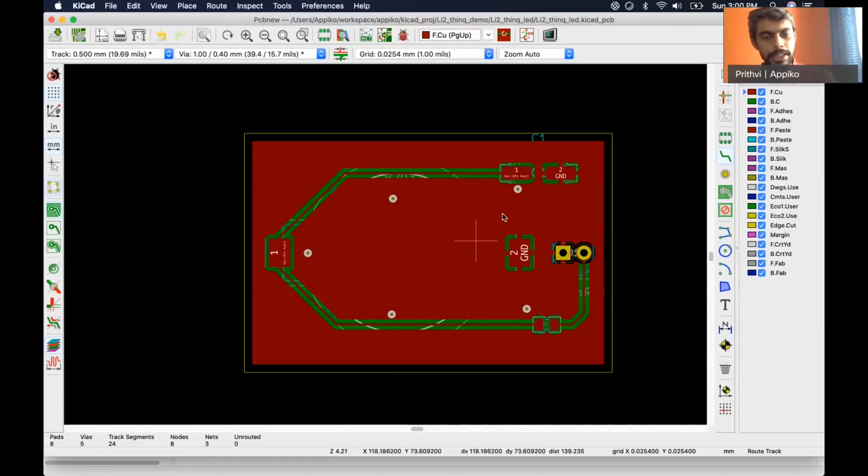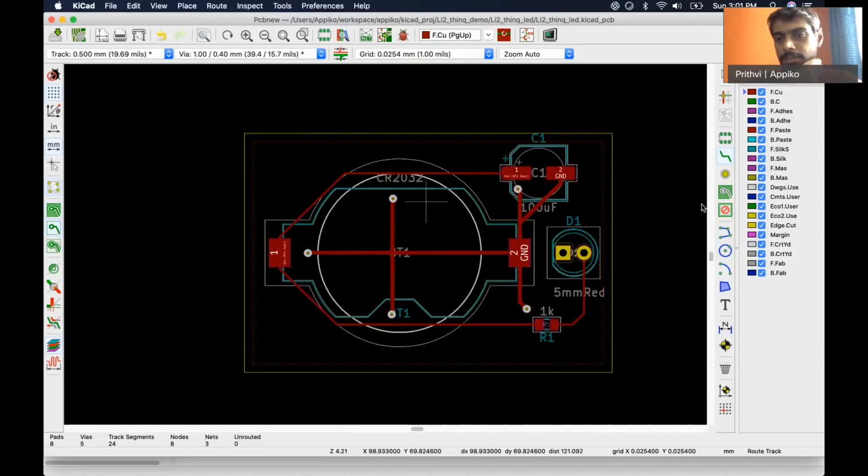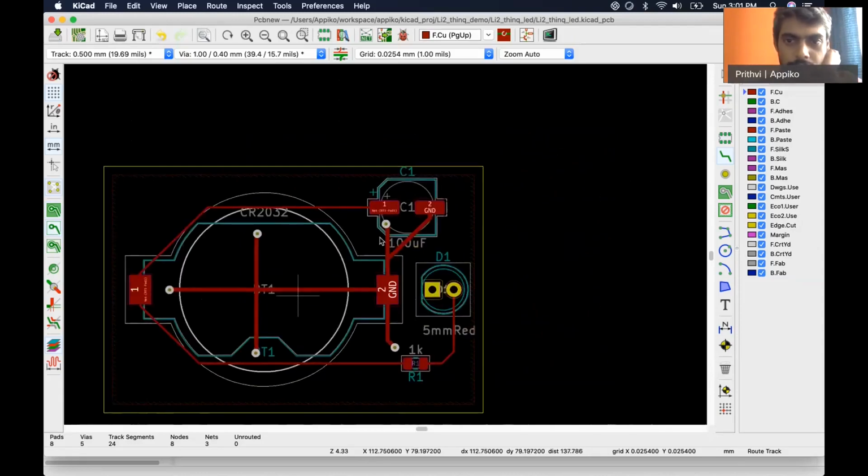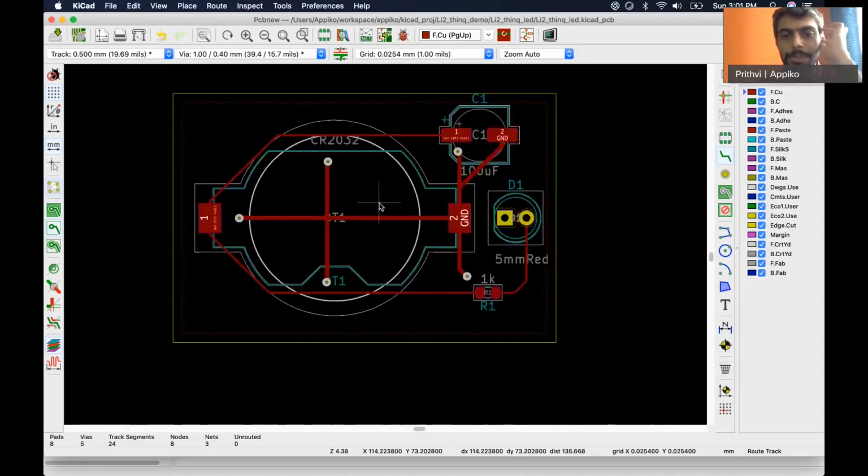So in this particular design, we have added ground planes on both the top and bottom layers. This particular view here on the left hand side shows all the filled areas, but usually when I am making a PCB design, my preference is to use this particular view where it shows the edge of the planes but doesn't show the actual planes, so that it's easier to route and visualize the board.